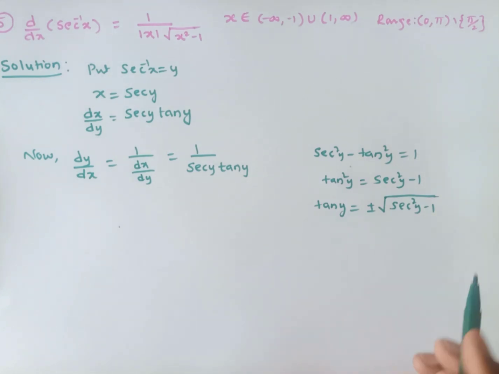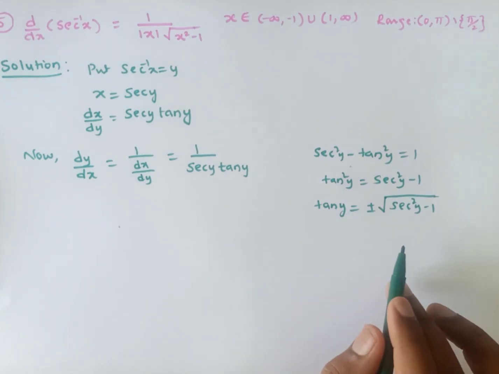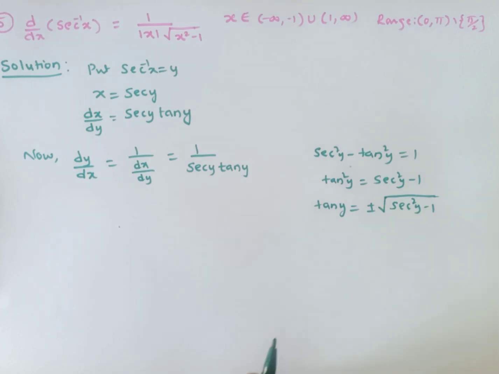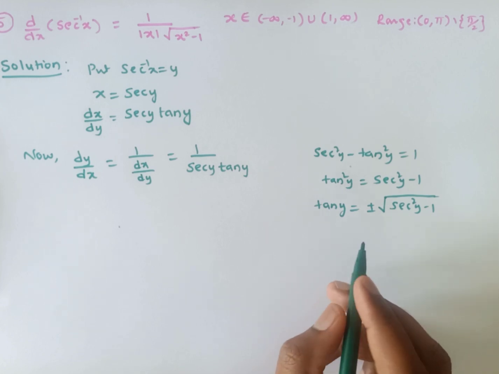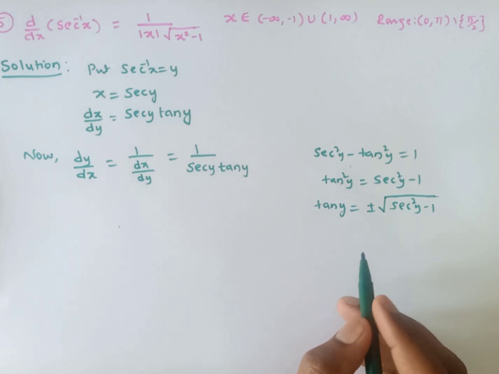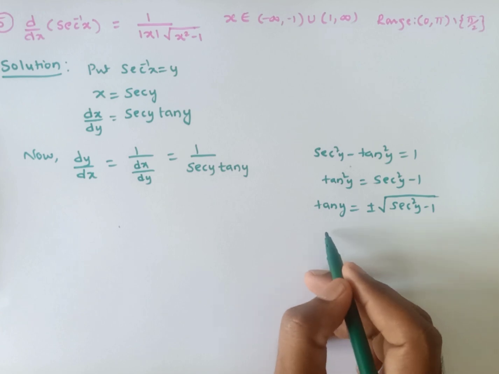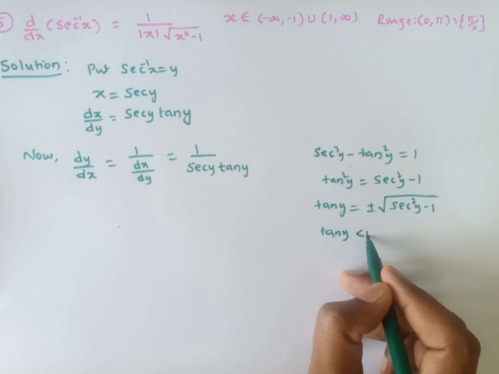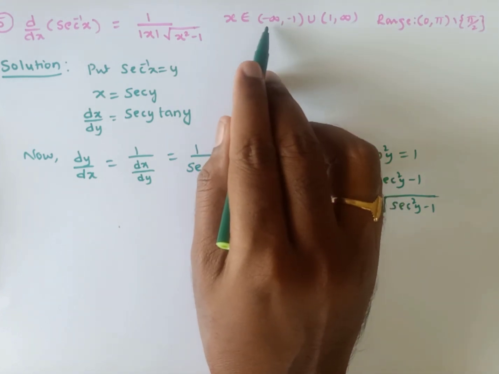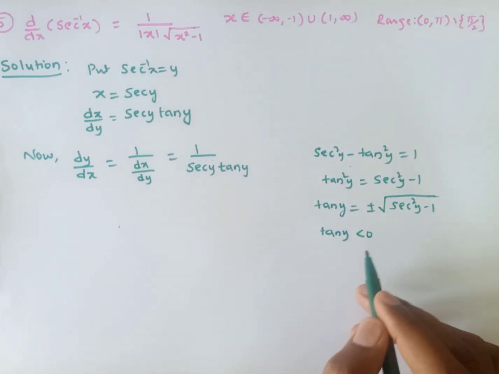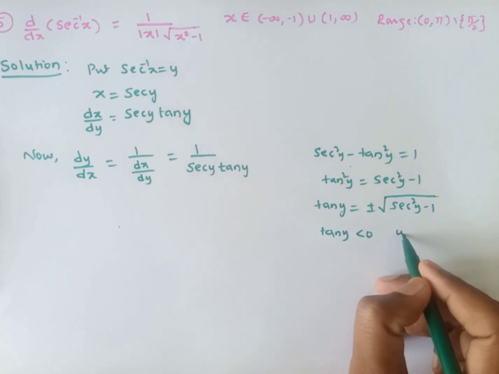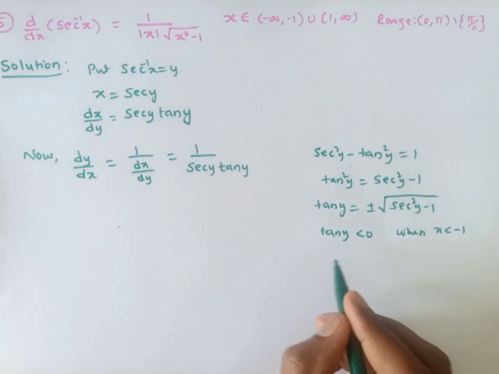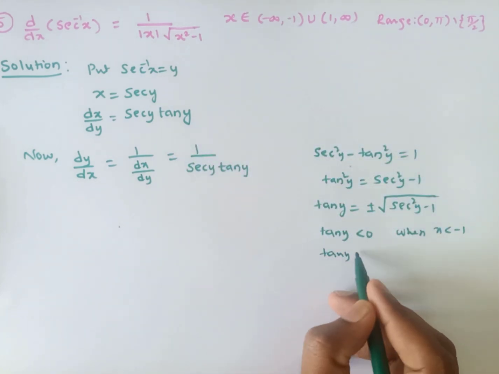Tan y can be negative and also positive. Tan y is negative or positive, so there exist two values, a plus and a minus. So we need to consider when tan is positive and when it is negative. When will the value of tan y be negative? What should the range of x be? x is from minus infinity to minus 1, since tan is negative for negative inputs. So when x is less than minus 1, and it is positive